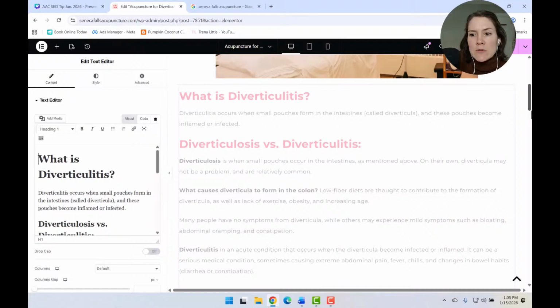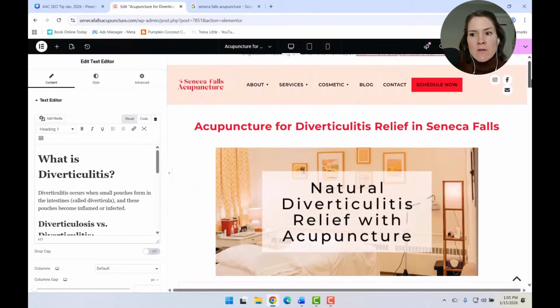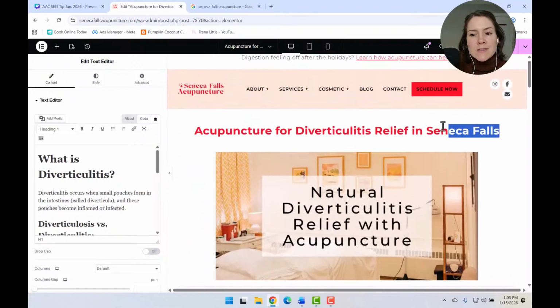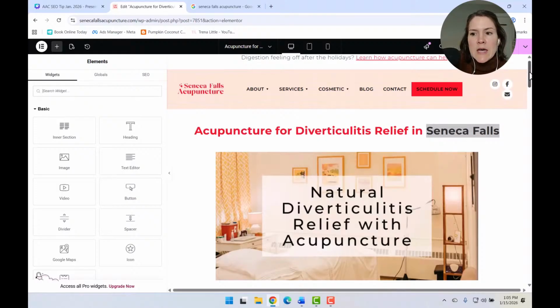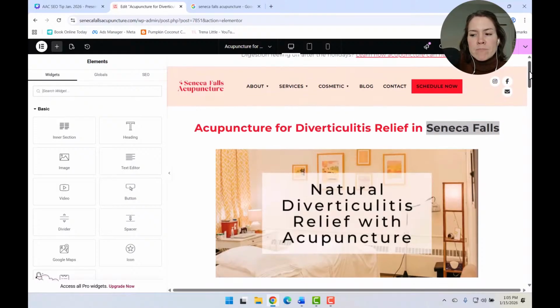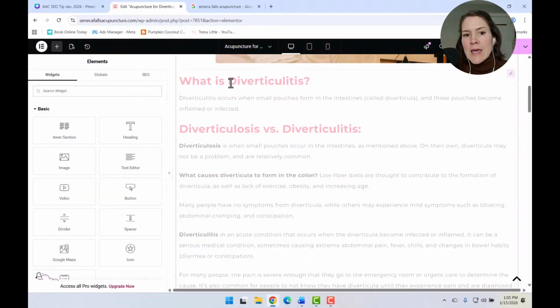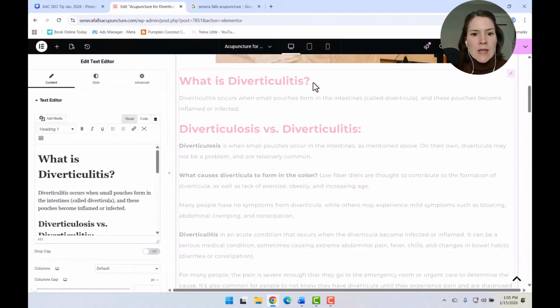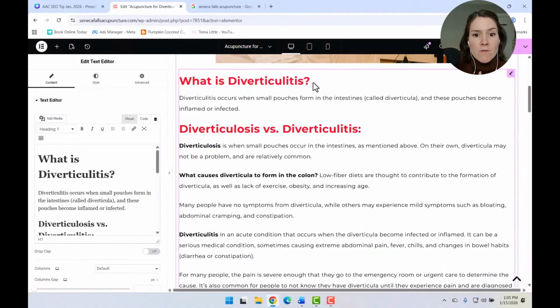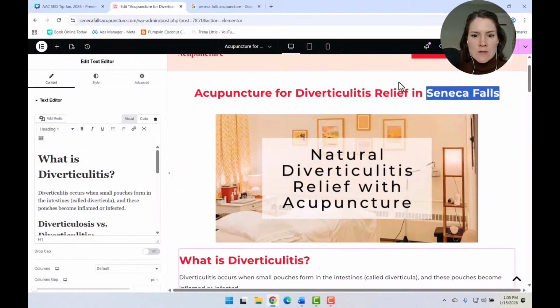So on this particular page, I already have my location in my SEO title, and I felt like it would be detrimental for the user experience for me to repeat this exact statement, acupuncture for diverticulitis relief in Seneca Falls, again down here. So you'll notice that in this H1 heading, I don't have Seneca Falls because I decided that it's already in the SEO title.